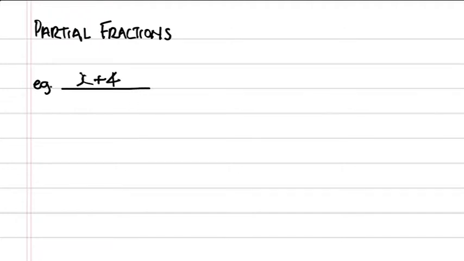In this video I'm going to look at breaking up a rational expression into partial fractions. The example we're going to look at is x plus 4 over x squared plus x minus 2. Now we want to express that as partial fractions, so the first thing we've got to do is factorise the